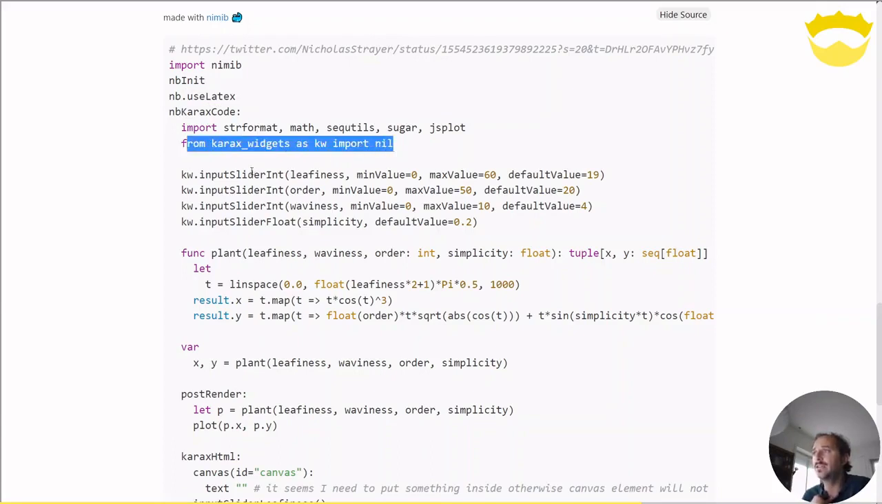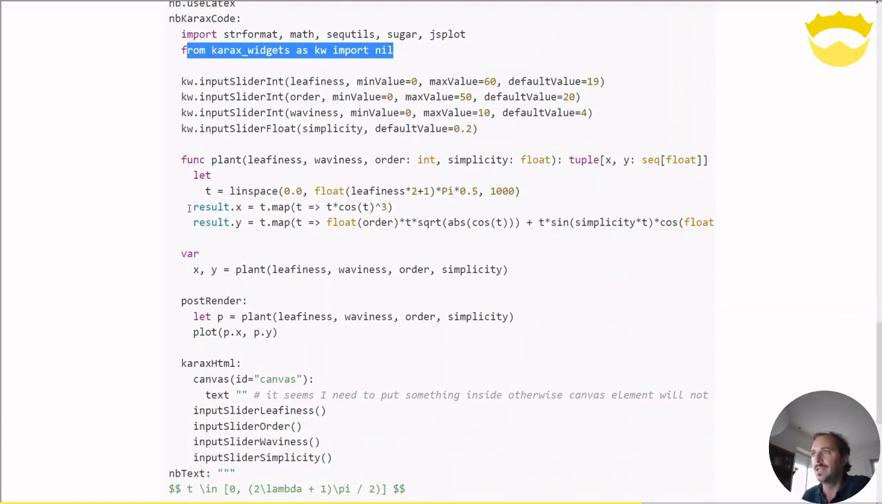and we are creating 4 input sliders. 3 of them are int input sliders, 1 of them is a float: leafiness, order, waviness, and simplicity. And we decide for each one of them different min-max values and a different default value. Then, of course, we will need the logic for deriving the curve of the plant, the x and y,